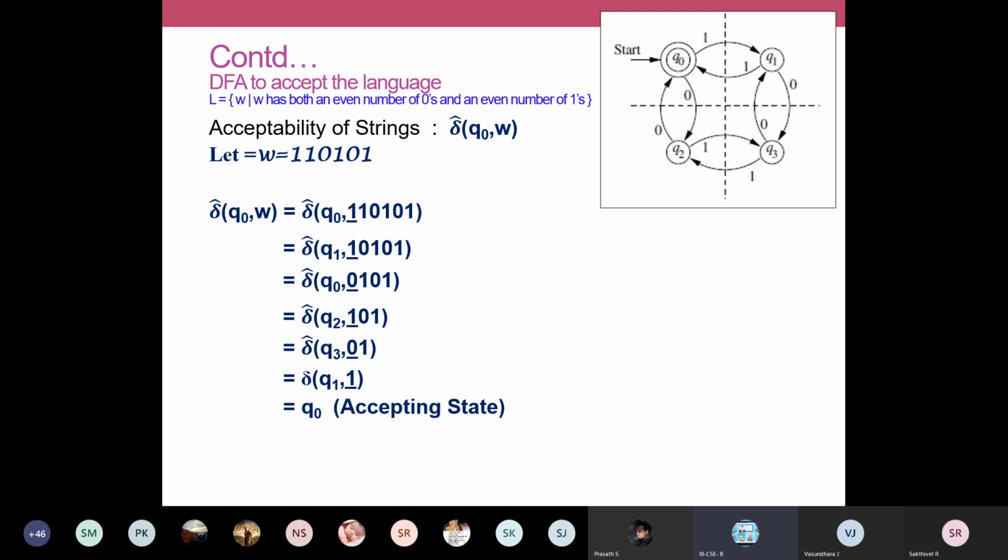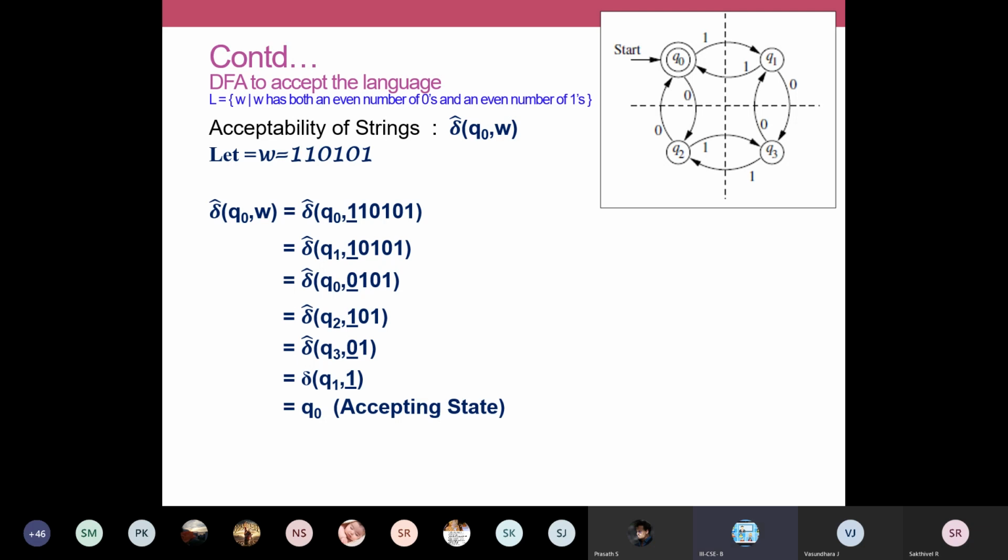Okay, come back to the problem. So Q0 comma W is written as delta cap of Q0 comma the string we have written here. The string is 110101. I have underlined the first one. It means that in Q0 we are going to apply this first symbol and see where the transition goes. In Q0, on reading a 1, we are going to Q1.